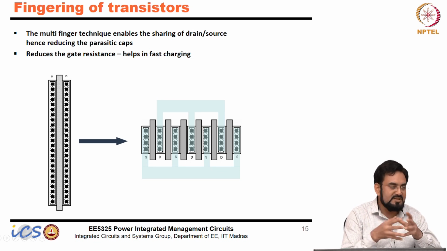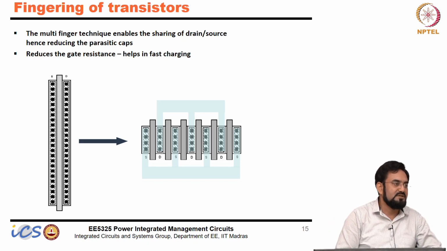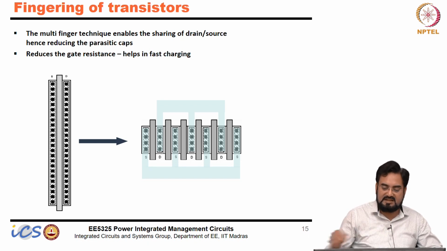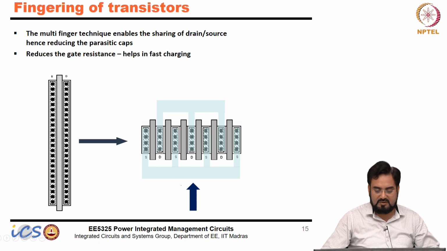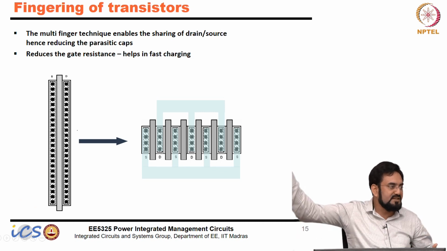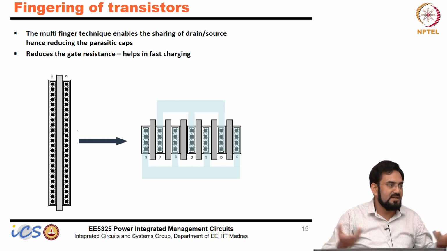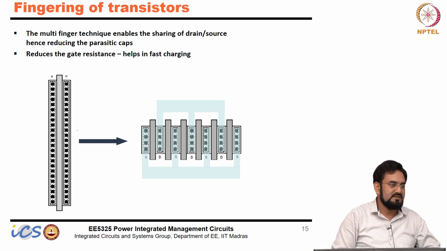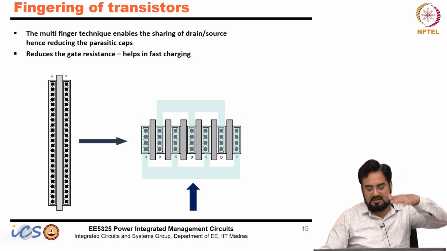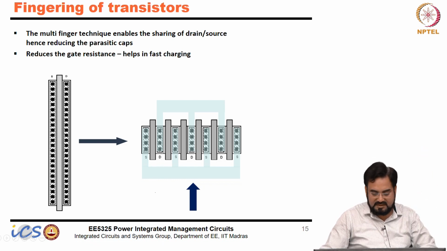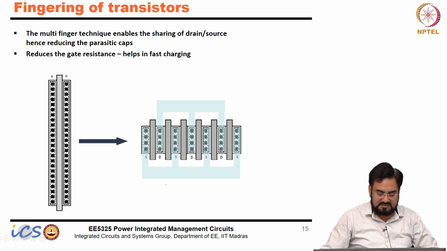The moment you split, the overall area will reduce, so you get an area saving with this, and you can easily connect to the pad or wherever you want, because now you can draw a wide metal which can carry larger current. Otherwise it would be difficult to route, because you cannot route a 1 millimeter wide metal; that metal will take all the area, and you won't be able to do anything else. But here you can stack all the metals on top, route and connect to the pad. That's how we do it.